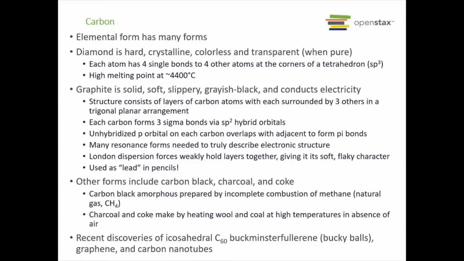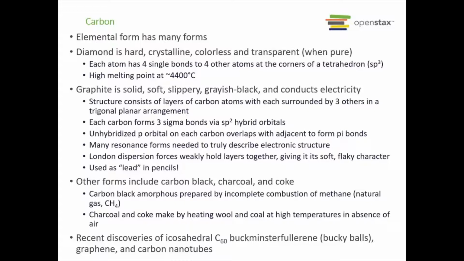Nonetheless, if it's not perfectly colorless, then you've got some impurities in it. Which, totally normal. Each atom has 4 single bonds to 4 other carbon atoms at the corners of a tetrahedron. So it's sp3 hybridized, and has a very, very high melting point at 4,400 degrees Celsius. The next allotrope we have is graphite, and this is solid, soft, kind of slippery, grayish black,